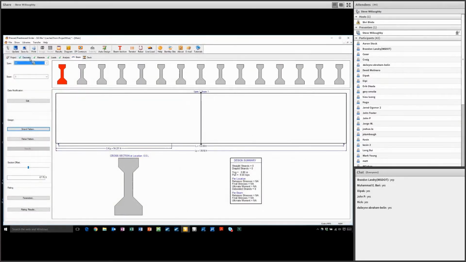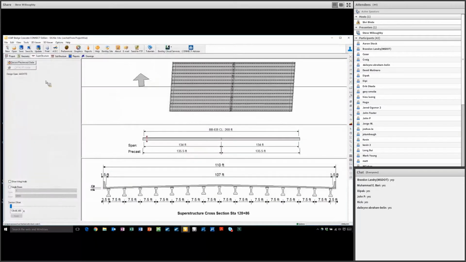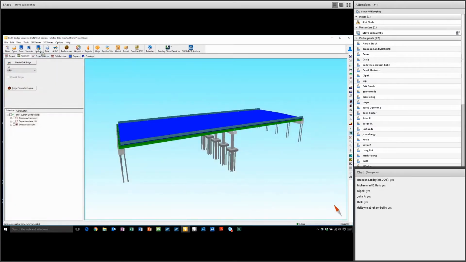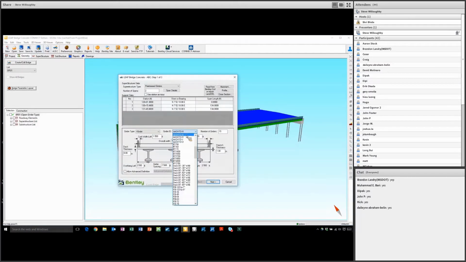At this point, we can go to the geometry window and pick a different beam, or I could go all the way back to the wizard and rerun it, do whatever I want to do. But regardless, once you've made any changes here, you can always go back and update the model there. So maybe I come in here and say, well, let's try this with,